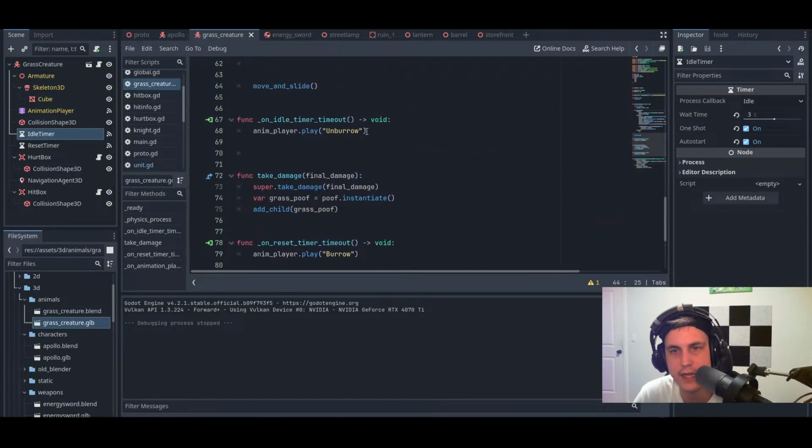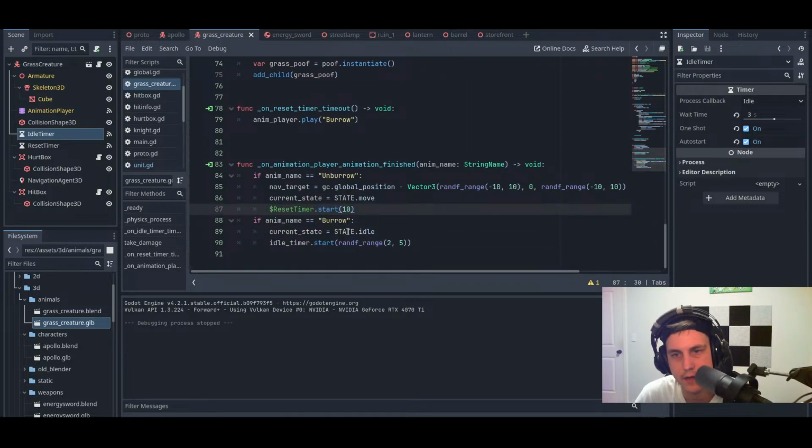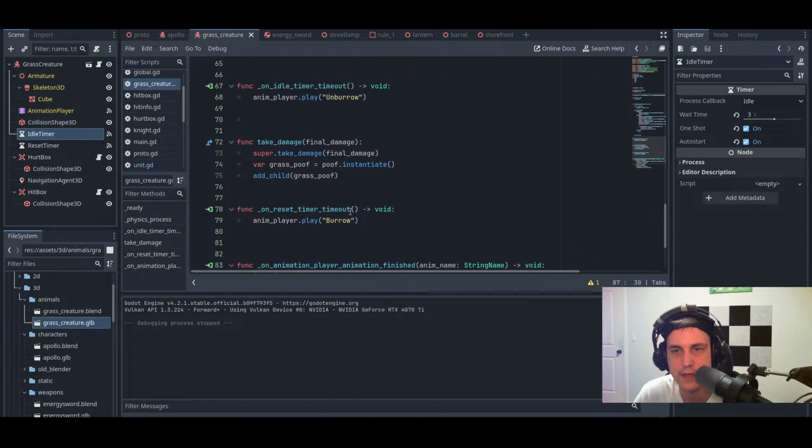On idle reset timer, we should just be playing this. Playing unburrow. Then when an animation is finished, if it's unburrow, then it sets this to state.move. And then once state.move is set,